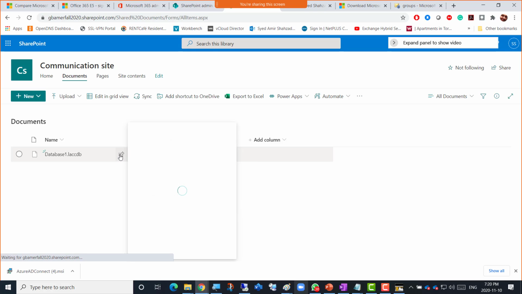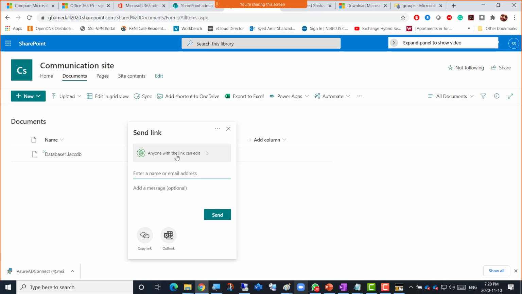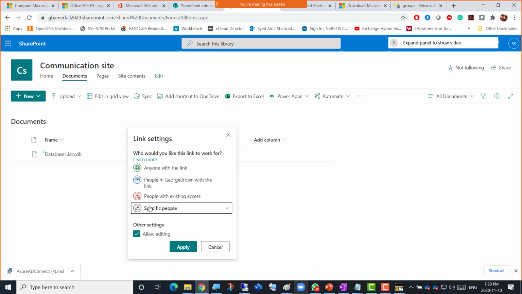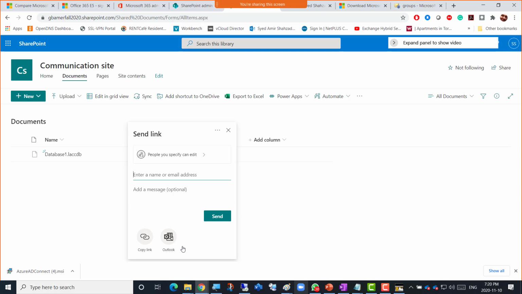If you uploaded some file, then there's a share icon here. Once you click the share icon, anyone with the link can add it here, or you can go for specific people, but it goes through the user list here. Anyone with the link was also okay, or specific people, I just click that and apply. But if we put in MKT, so yeah, it appears there, right? MKT appears there, but does sales also appear actually? Because that's an email address it's looking for. Or if I go for sales,